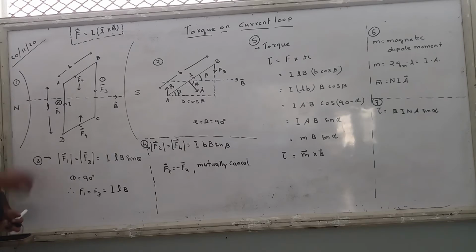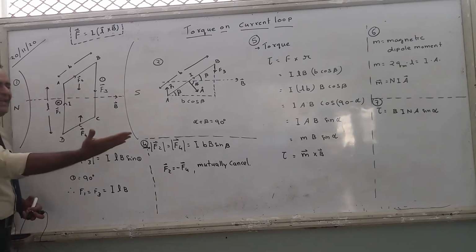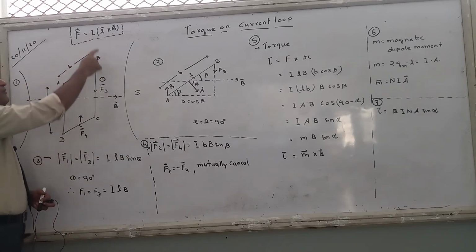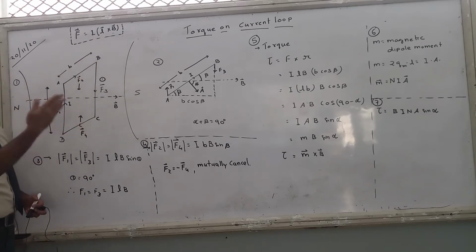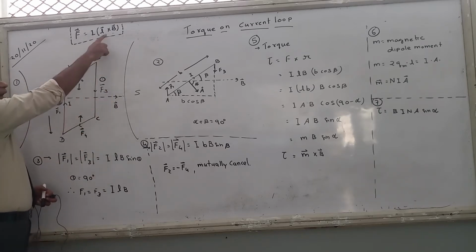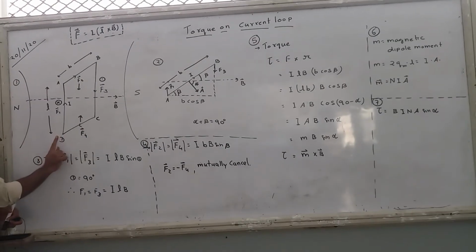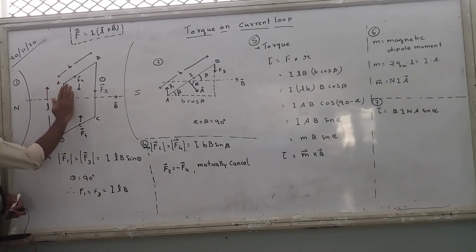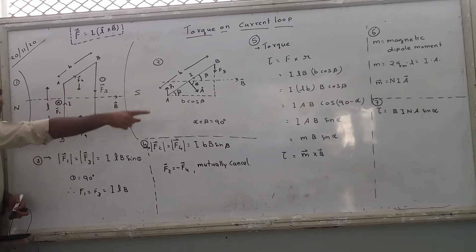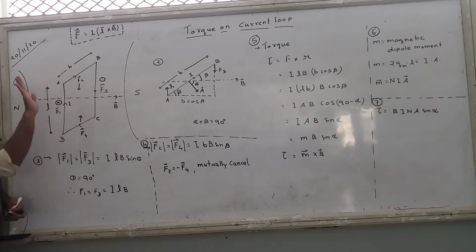First, take your right hand, keep your right hand in direction of current. Although we put the vector on L, we'll be keeping the hands in direction of current and then moving the fingers towards direction of B. So this is L, direction of current, right hand, direction of B. Where is B? It is here. So keep the hands like this, close the finger towards B. B is there, right? So turning the fingers towards B and the thumb points inside. So what is direction of force? Direction of force is inside, cross.